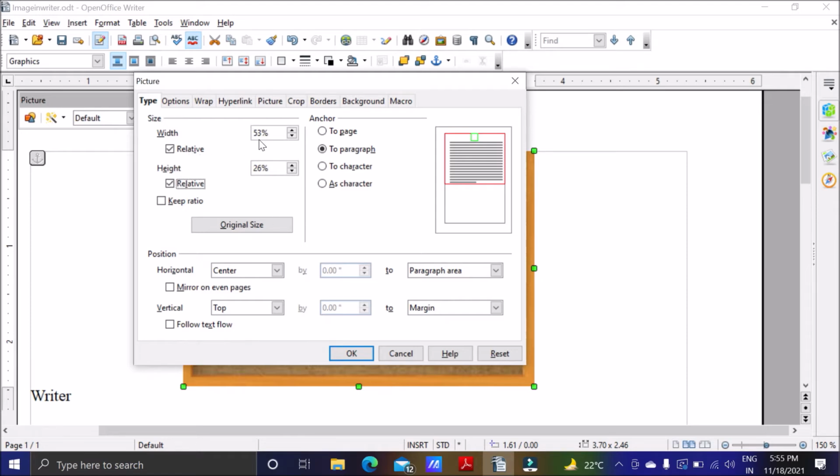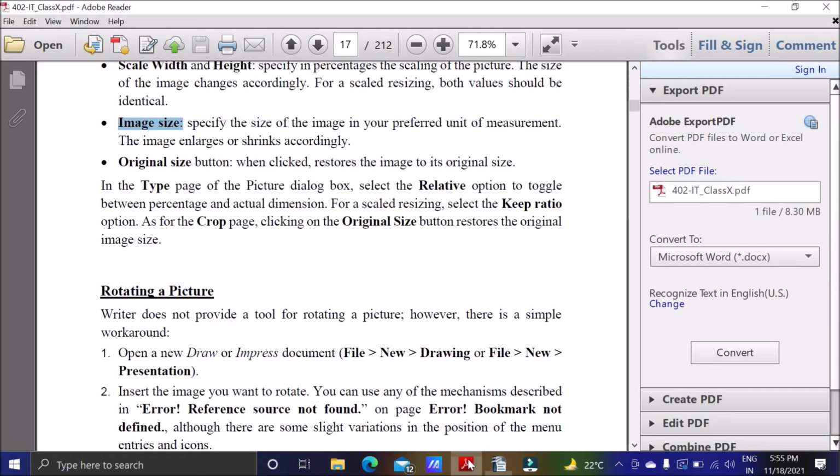Either we can go for percentage or we can go for inches. So whatever your preference, you can specify the size of the image in your preferred unit of measurement, either in percentage or in inches, and then the image will enlarge, increase in size or shrink according to that.